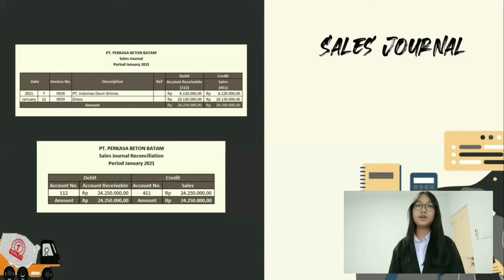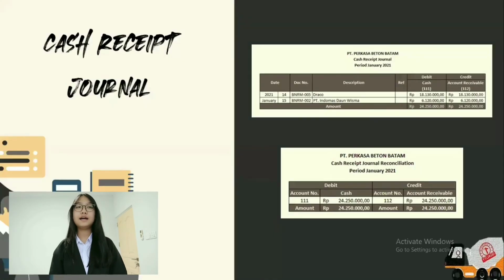For the sales receipt, we also make a journal, that is a cash receipt journal, for the period January 2021. On January 14, Mr. Draco increased cash on debit and reduced account receivable on credit, amounting to 18,130,000. On January 15, Indomas Daun Wisma increased cash on debit and reduced account receivable on credit, amounting to 6,120,000 and can be reconciled so that cash amounts to 24,250,000 and account receivable amounts to